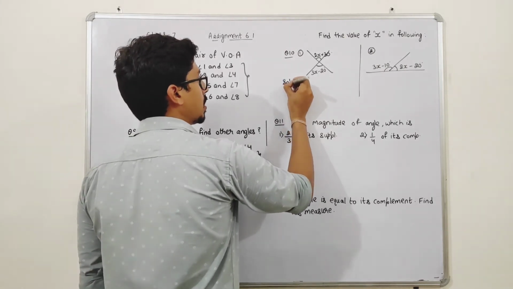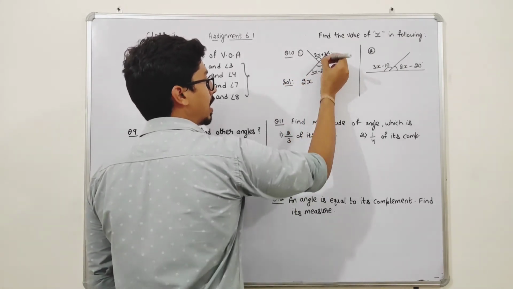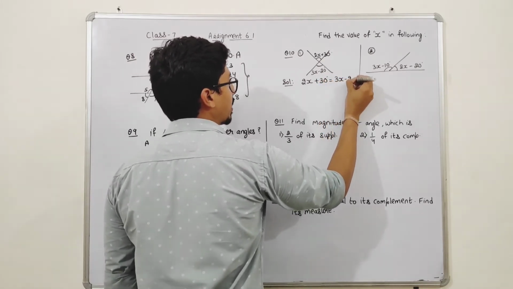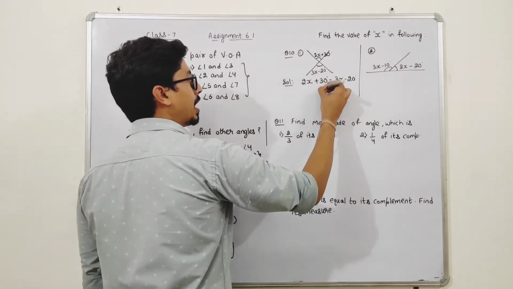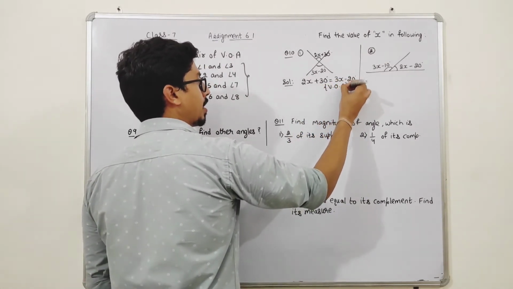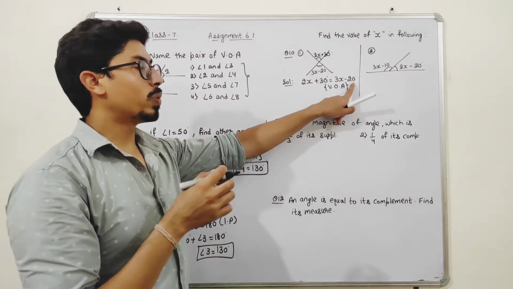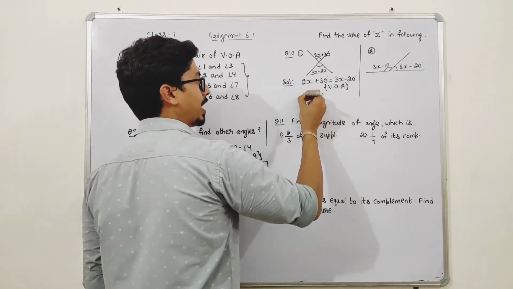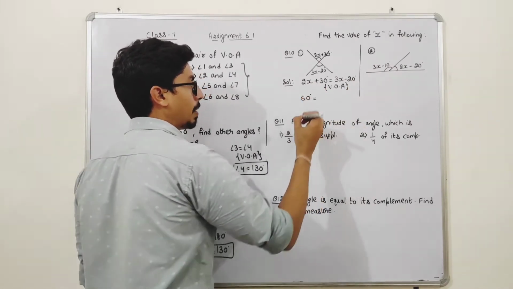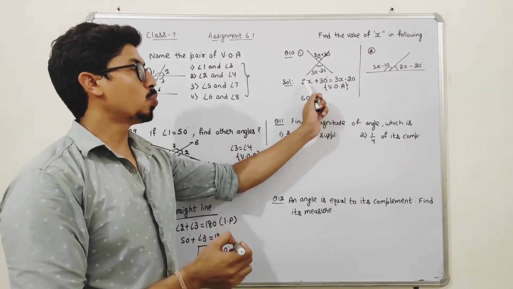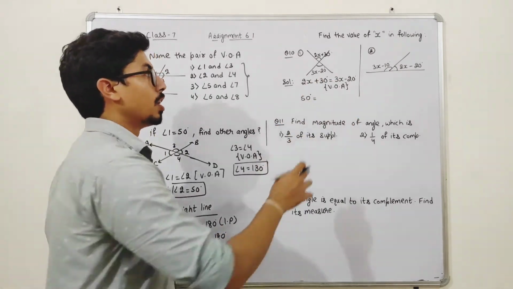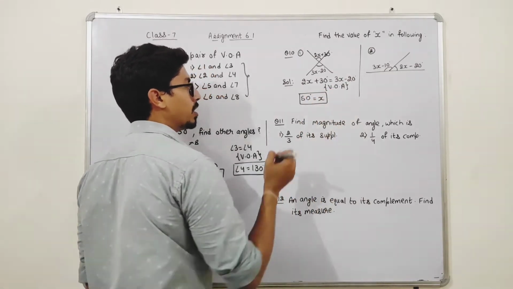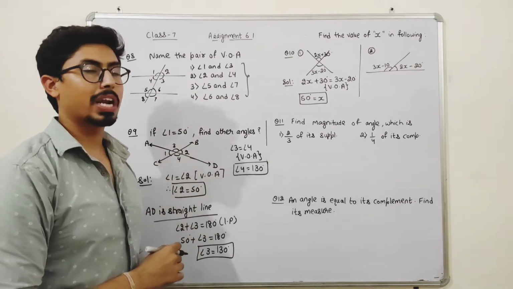So students, 2x plus 30 degree is equal to 3x minus 20 degree, and the reason is vertically opposite angles. Okay. Now students, see, minus 20 is negative, when it goes here it will be positive. So 30 plus 20, it will be 50 degree. Similarly, 3x as it is, 2x is positive, when it goes here it will be negative. So 3x minus 2x, it will be x. So the answer will be x is equal to 50 degree. So 50 degree is our required answer.